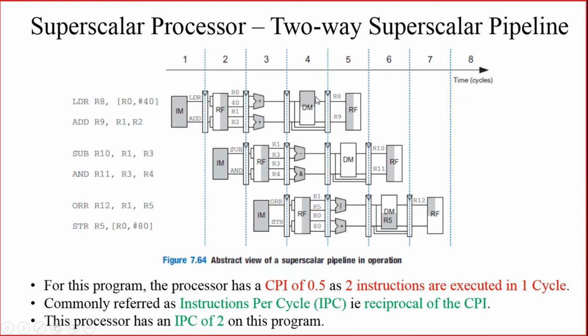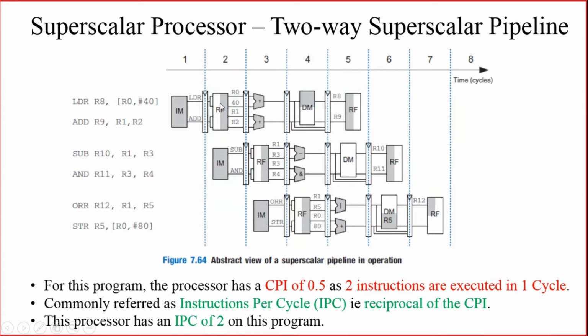In the fourth stage, we can either store the result to the data memory or load from the data memory. Both load and store from or to the data memory are done in the memory access stage. The fifth and last stage is known as the write back stage, where the result is written onto the register file. So in the second stage you are reading from the register file, and in the fifth stage you are writing to the register file.